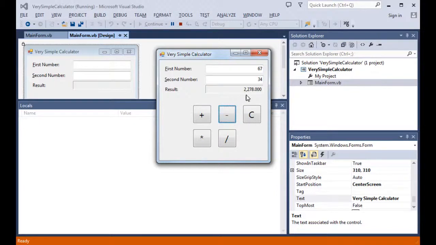But instead I come up with 2,278, which is definitely not the right answer for a subtraction of this type. So we know we have a problem in the event related to the subtraction button click event. So let's take a look at how we detect where the error is